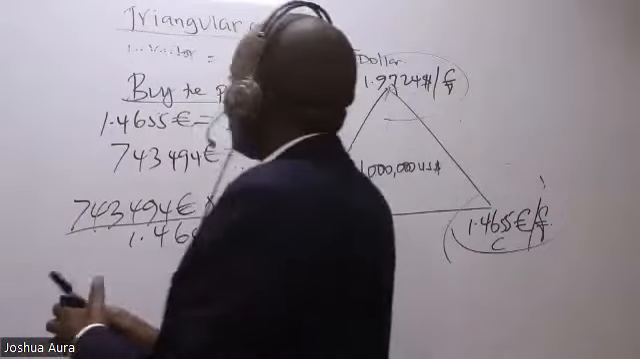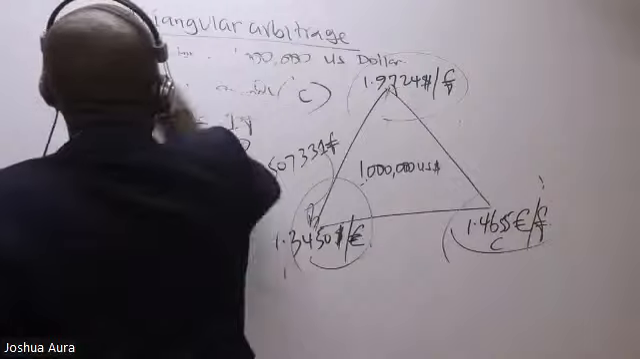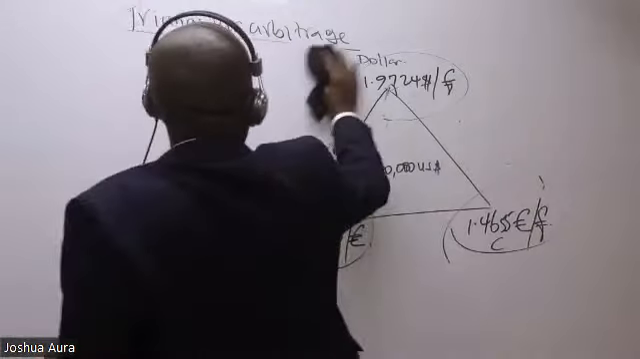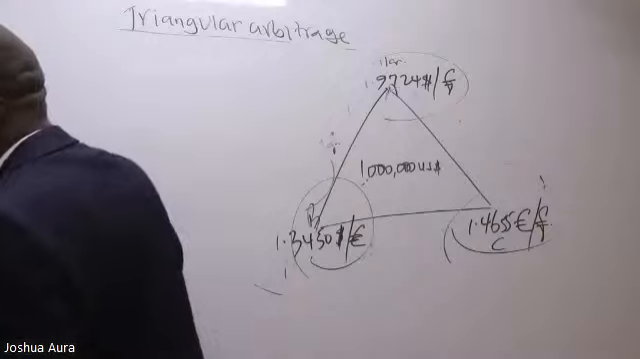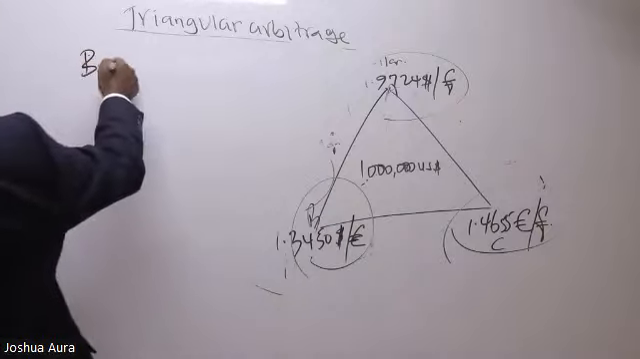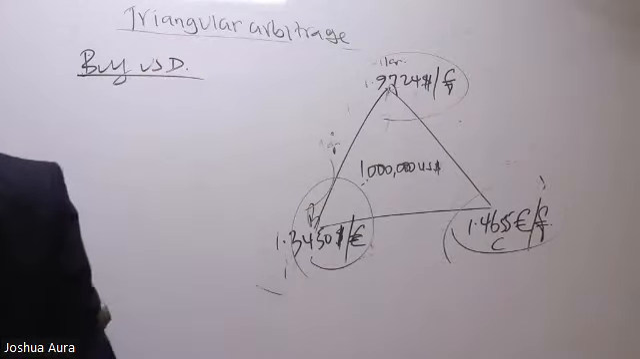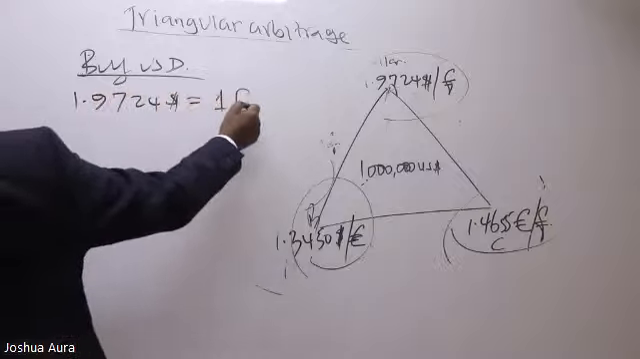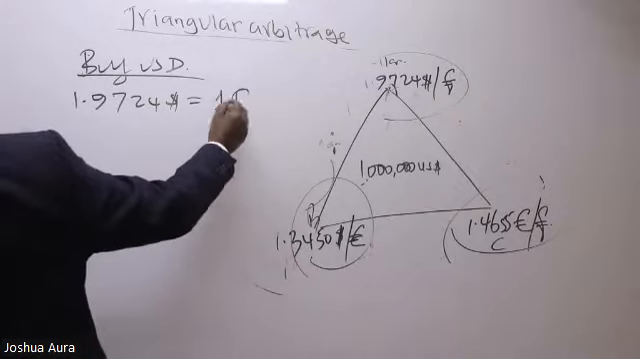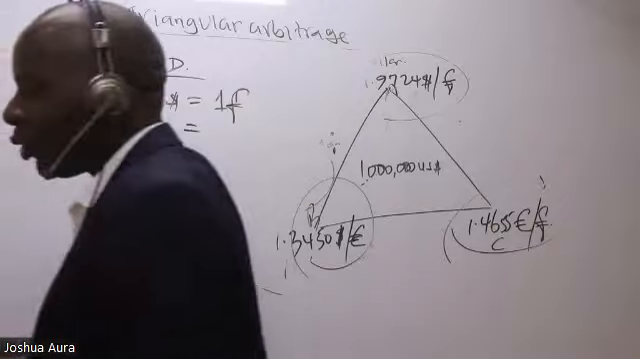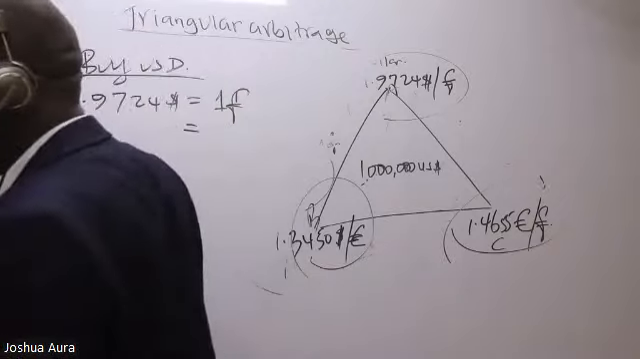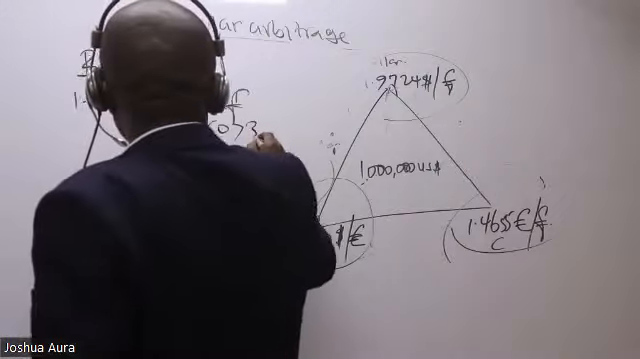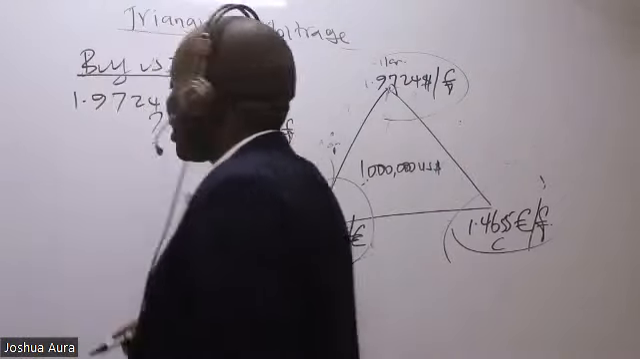So in this case here, buy US dollars. These US dollars, we have the rate there. It is $1.9724 equals 1 pound. And we happen to be having the pounds. We have pounds, how many? 507,331 pounds, like that. So when you cross multiply,